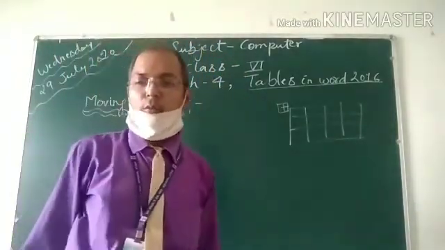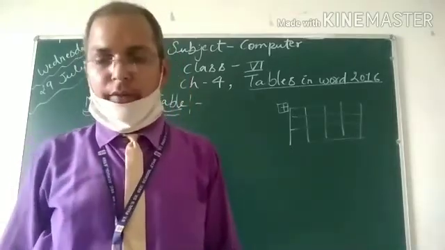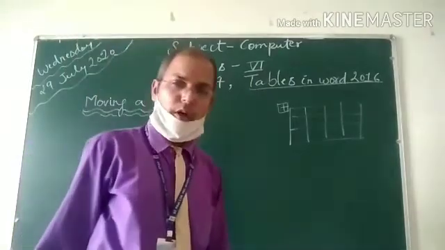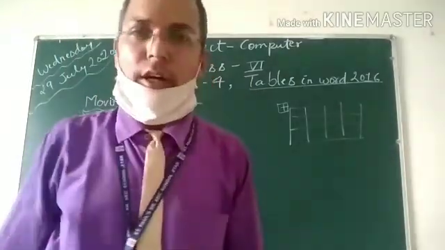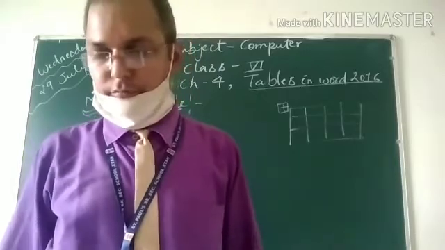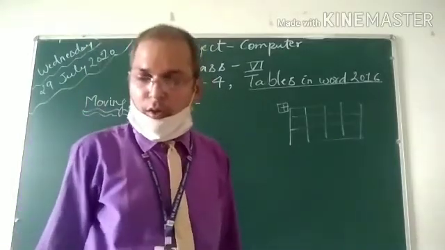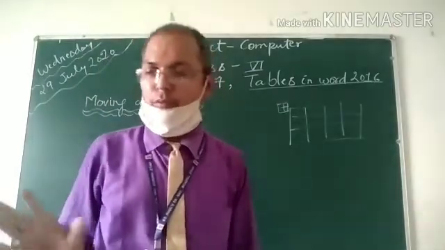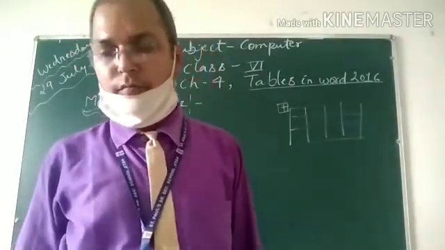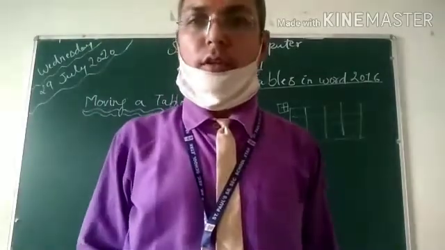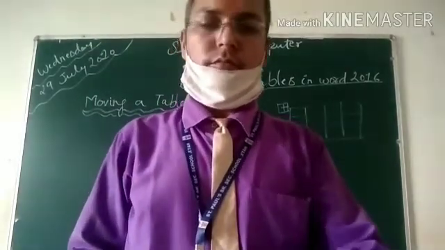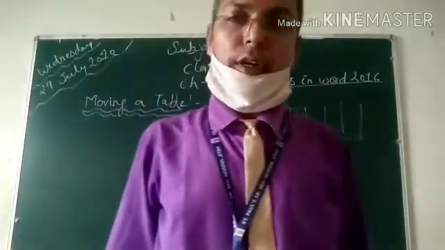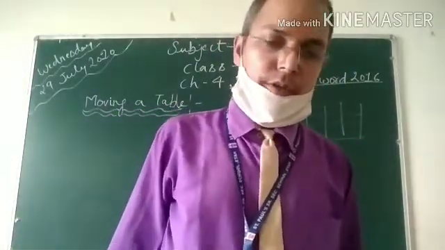Place the mouse pointer on the table move handle and drag the table to where you want by pressing the left mouse button. Release the mouse button when the table is placed where you want. This is figure 4.7, a table to be moved, and then the table being moved to a new position, figure 4.7b.